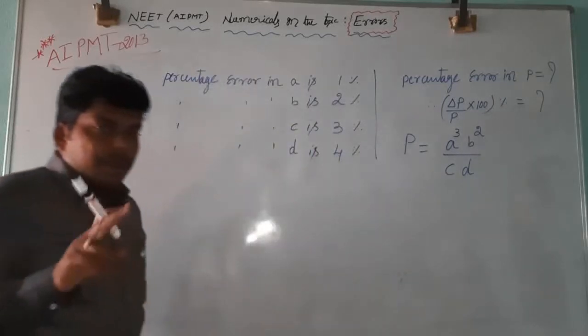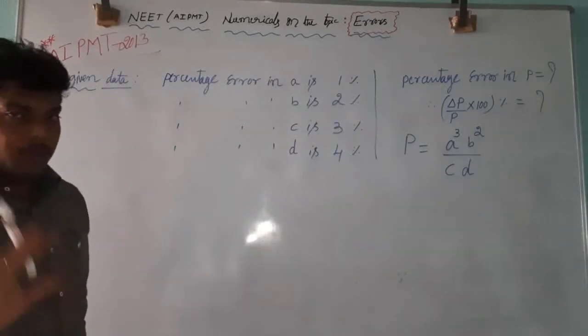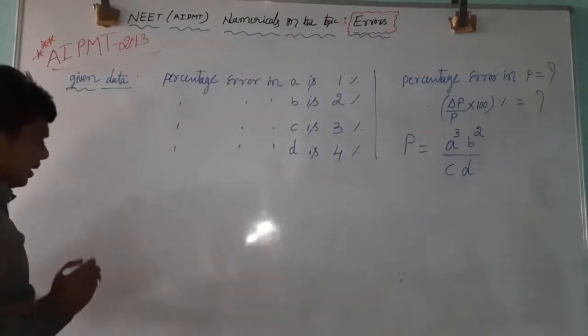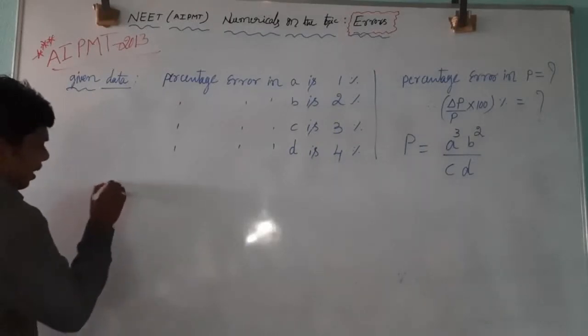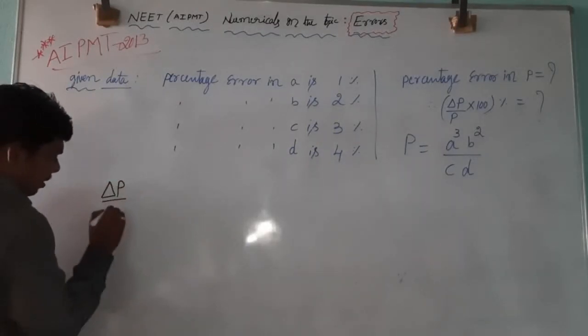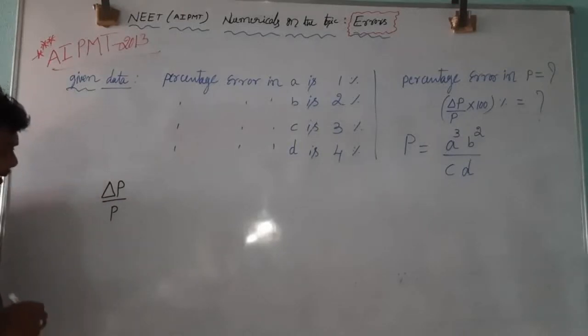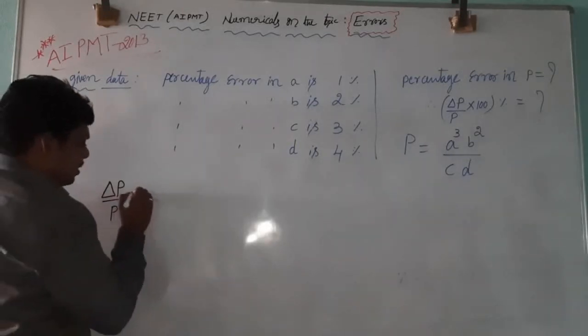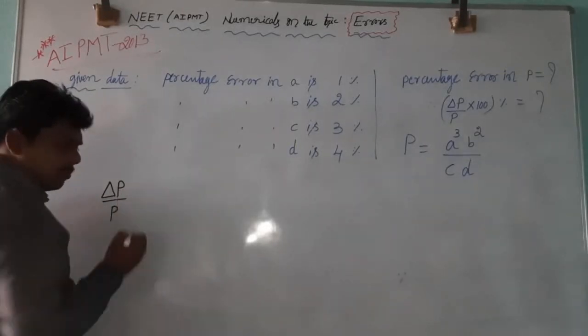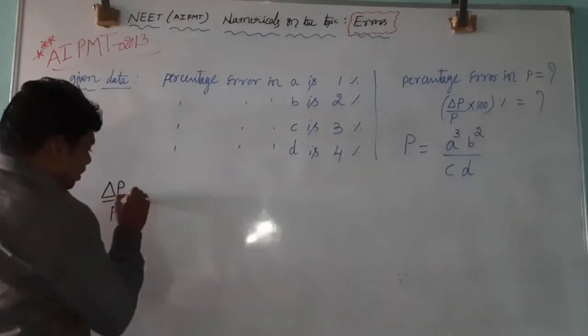For error due to multiplication or division, we will use the same formula. I will write that. What you have to calculate here is delta P by P into 100%. Shall I write this in terms of 100%? You can write